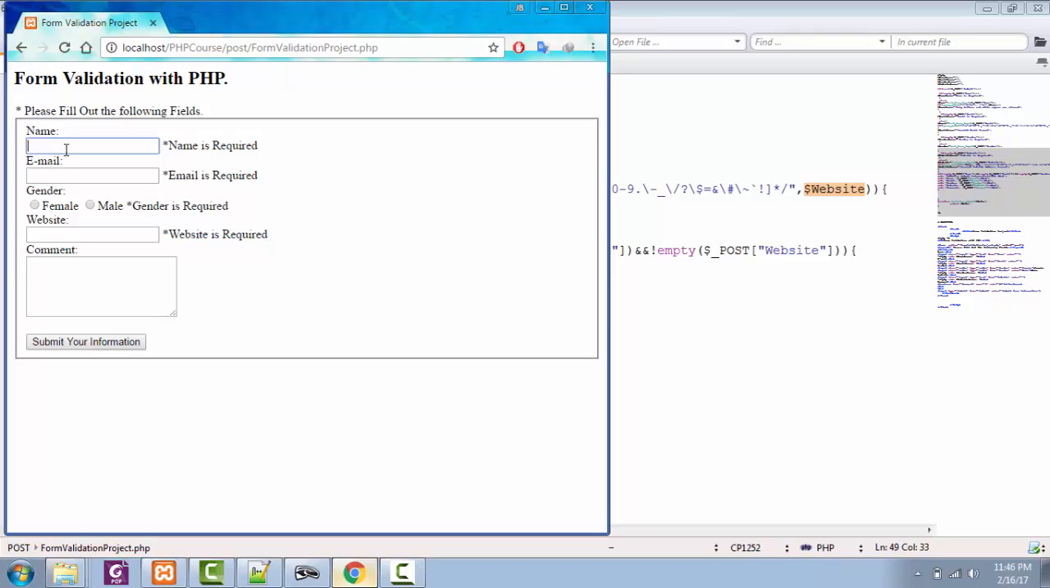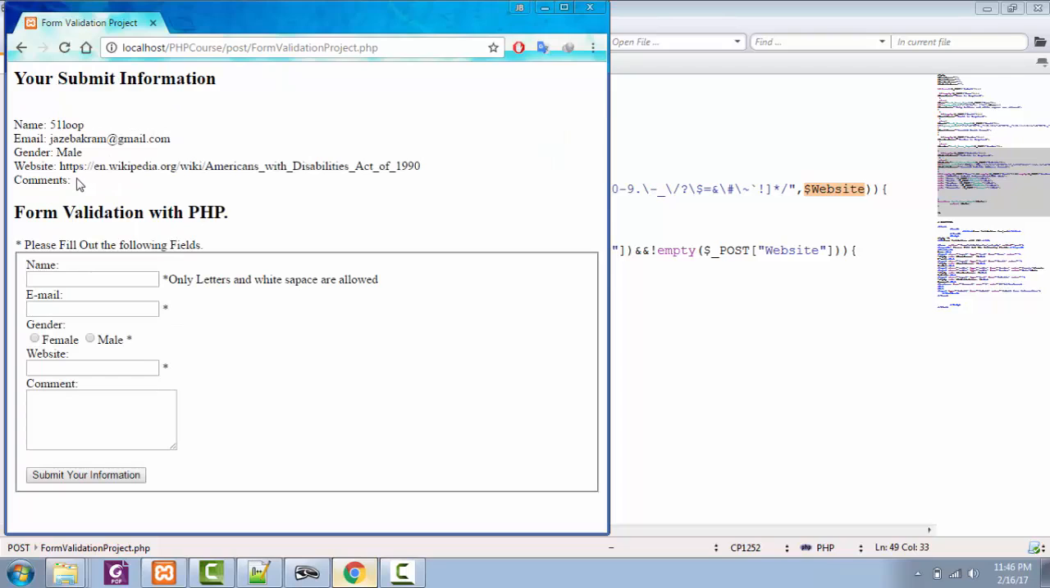So if I give it the wrong name of 51 loop and email to be the correct one, gender, website, comment is optional, submit information. Now we are still getting this bug. Why? Because we applied this if condition only for when our name, email and website are not empty. So although we are getting this error, we are still showing the rest of the data and the false data as well. So we need to add one more if condition inside the if statement that we just entered,